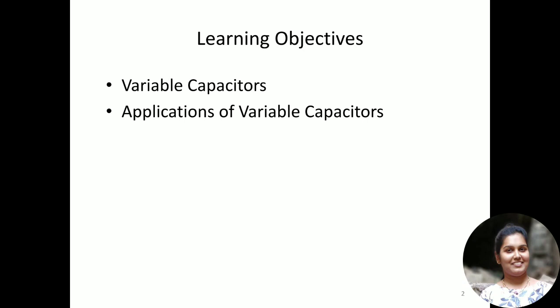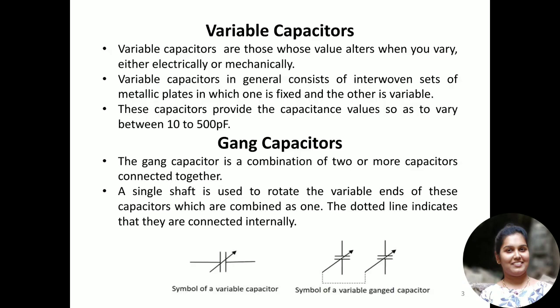Likewise, in capacitors also we find this kind of classification, and this point we have discussed in the previous video also. That is, the basic classification of capacitors is of two types: one is fixed capacitor and the other is variable capacitor. As the name suggests, a fixed capacitor is a capacitor which has a fixed value and its value doesn't change according to the application. Once we use that capacitor, that value is all fixed.